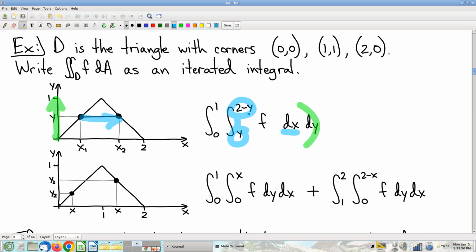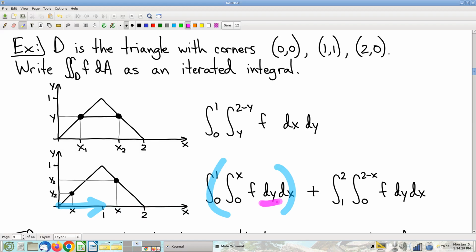I encourage you to think that through. Make sure that you can reproduce this conclusion as to where those x1 and x2 came from. Right? Points, keep in mind, are on certain curves that have certain equations. Solve the equations appropriately. But look what happens if I do it the other way. Now, innocently, right? Suppose I do dy dx. Okay, well, it's tempting to say x goes from 0 to 2. But here's the problem. For these values of x between 0 and 1, my y upper bound